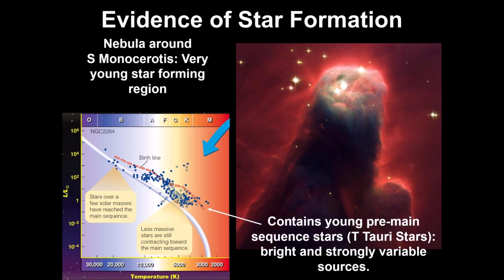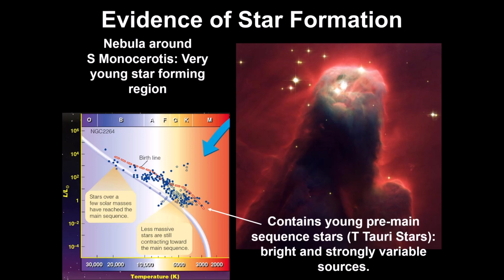However, we're not entirely certain that they're main sequence stars, because for them to be main sequence stars, there are some conditions that need to be met. The fusion has to start in these objects, and they have to be done with their collapse, meaning they have now attained a hydrostatic equilibrium inside of them. And once those two conditions are met, then we can take off the pre on the name, and they're just main sequence stars.